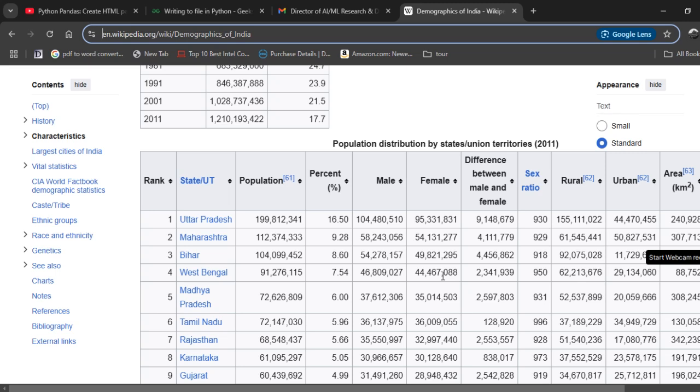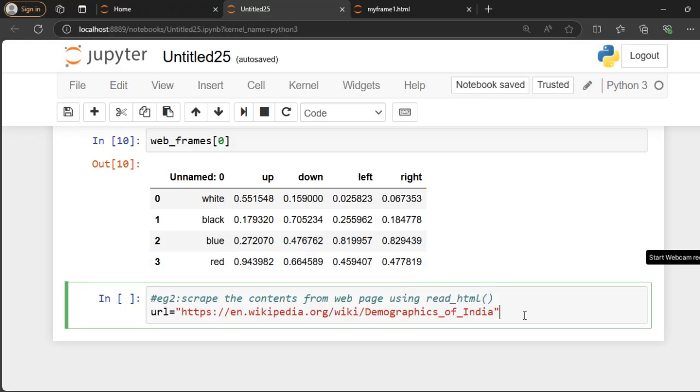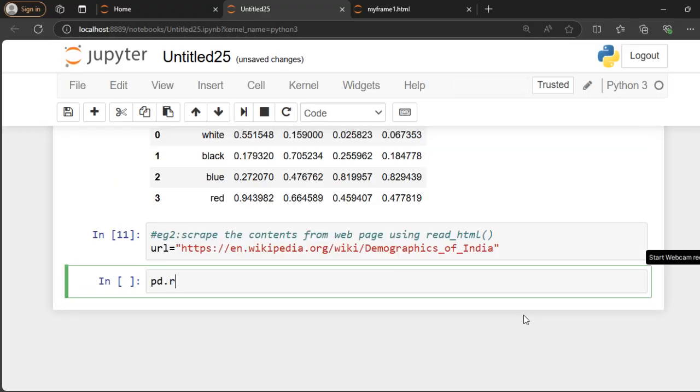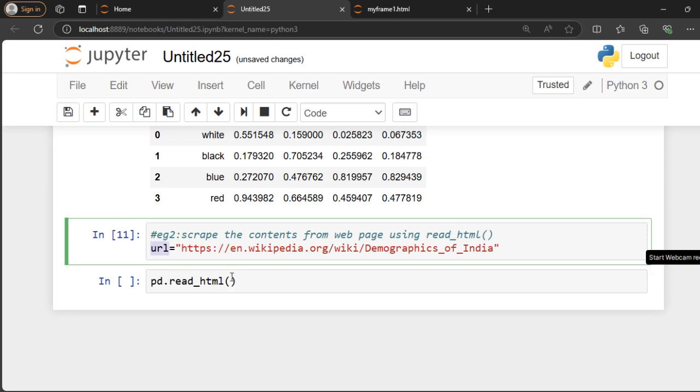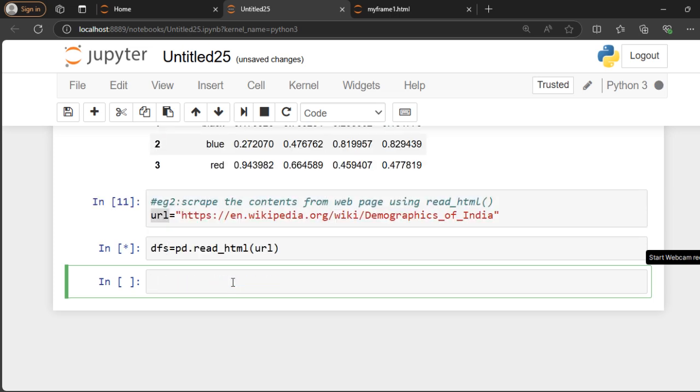In this example, let's try to extract this complete table first, and from this table let's extract only the state column and then the population column. So we'll try to scrape only two columns from this particular table. What we have to do is first call the read_html function, pd.read_html. What would be the value of the argument? It's just going to be this URL. Now let's store this somewhere, let's say dfs. Now when I execute,